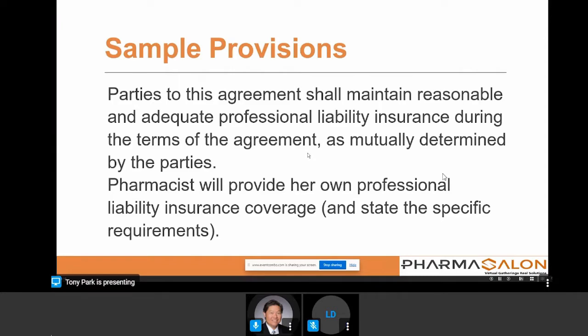With regards to, I get a lot of questions about what about liability insurance? Are there any specific caveats or considerations for that? The answer is, well, not really. So to be clear, when it comes to professional liability insurance, okay, professional liability insurance is, oh, I just realized